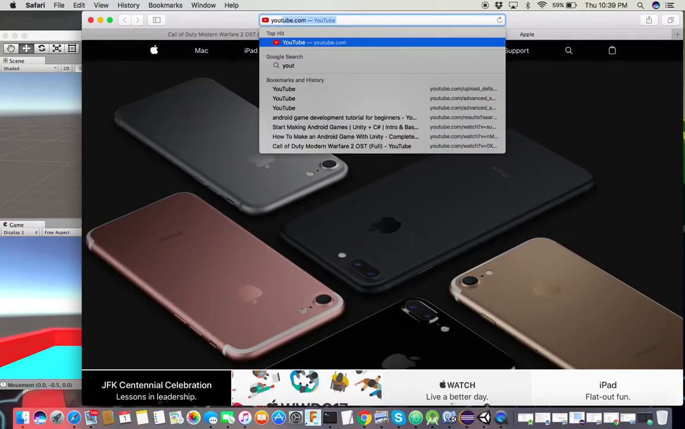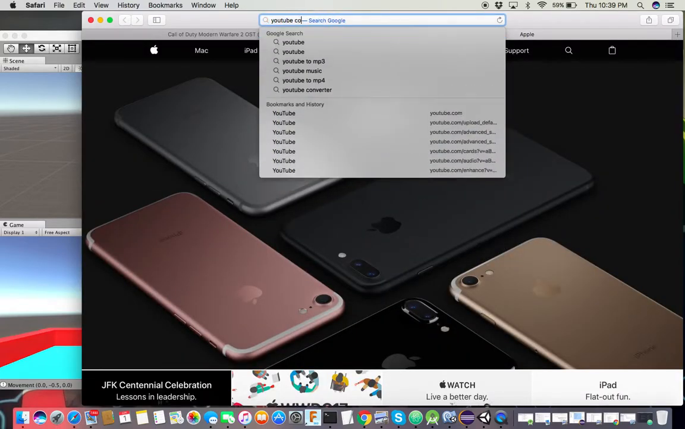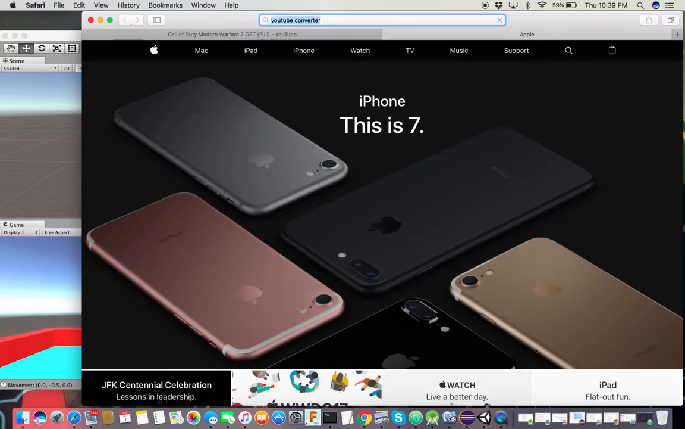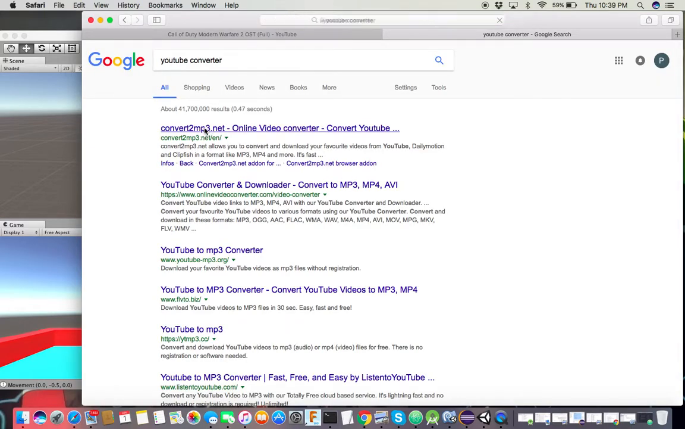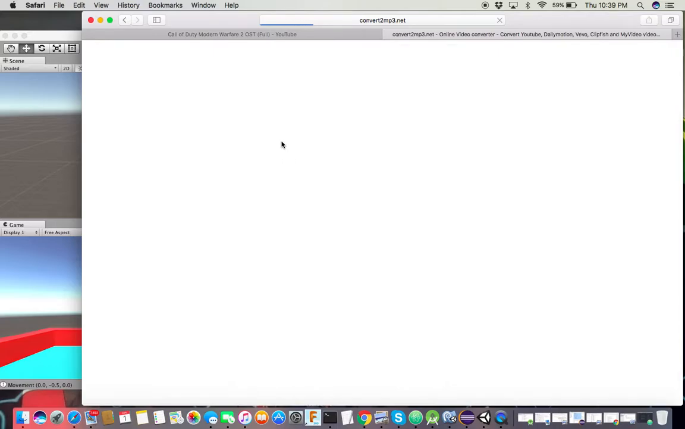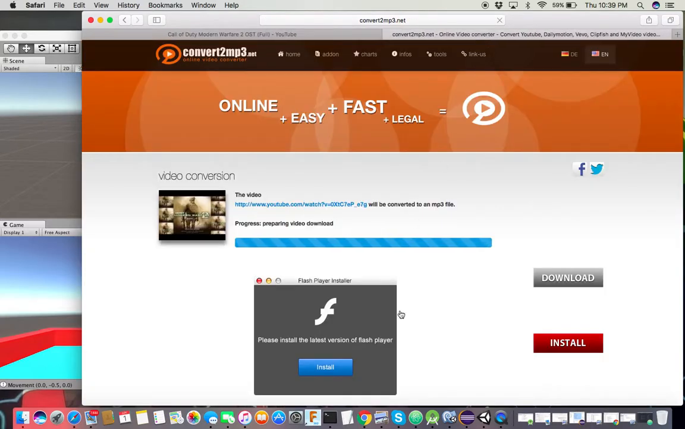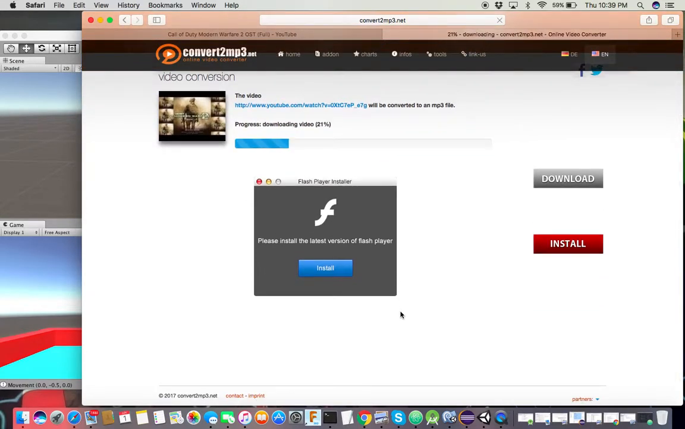So now you gotta convert music to MP3 because Unity only reads MP3 files. You can convert it any way you want to MP3. I'm just gonna use YouTube Converter since that's less time for me. It's downloading. Okay, while that downloads,